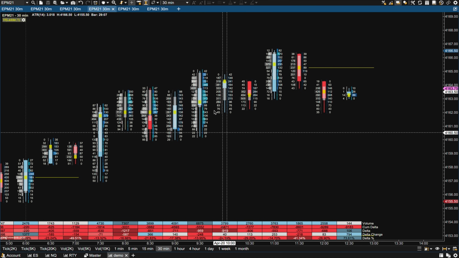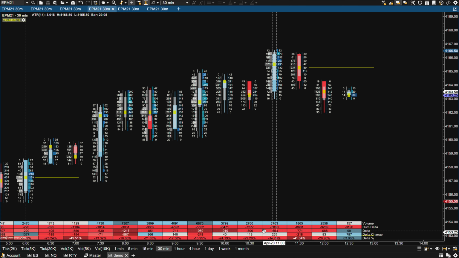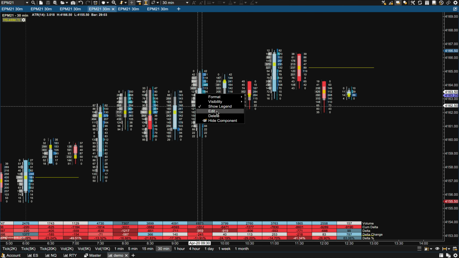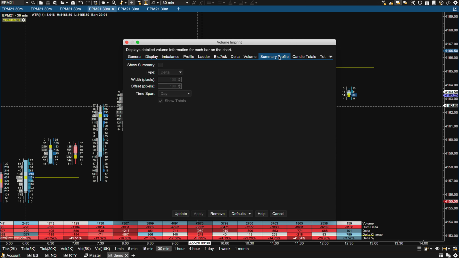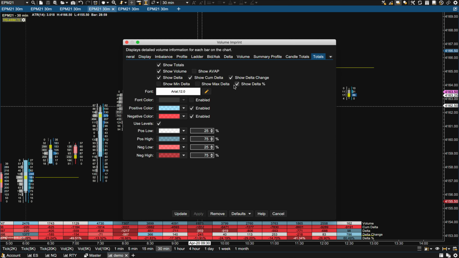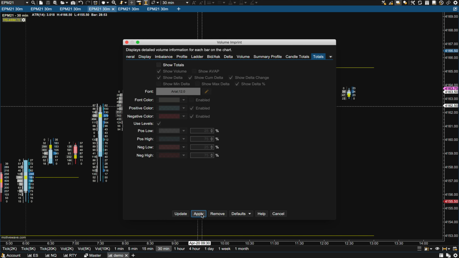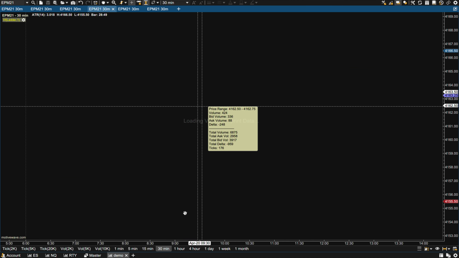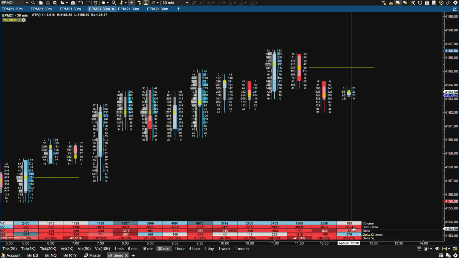Now we can see a very good ladder. The data below is from the total. If you show total, it will show all of this. If you disable this, it will hide it. I like to see them here because I can see the volume or cumulative data and current data and